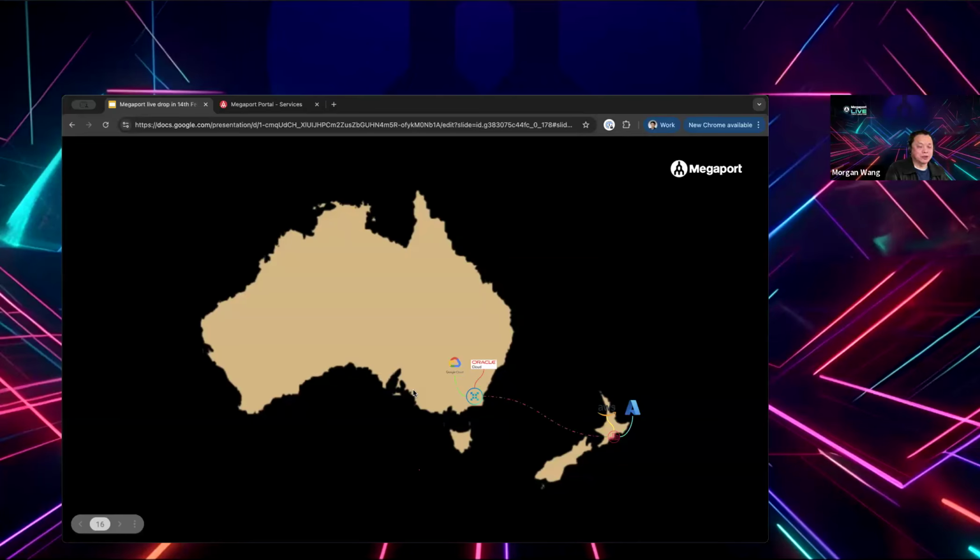There are multiple benefits from this cloud router. The first thing is that you can optimize the latency between Google and Oracle, not necessarily bringing everything all the way back to New Zealand and then sending it back to another cloud. The second thing is that you can optimize the bandwidth between Australia and New Zealand, because the inter-cloud traffic won't need to come back to New Zealand. Another thing is you don't need to reserve bandwidth for each cloud. You can have a bigger pipe reserved for two clouds.